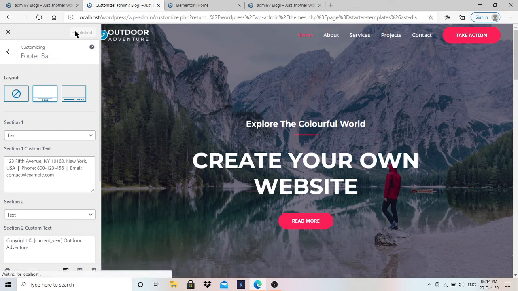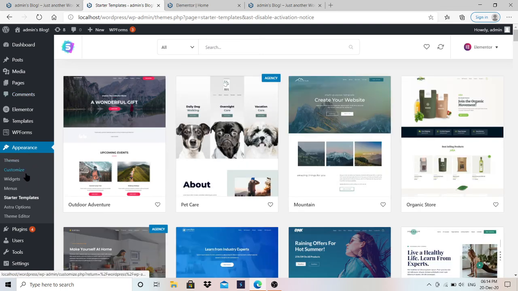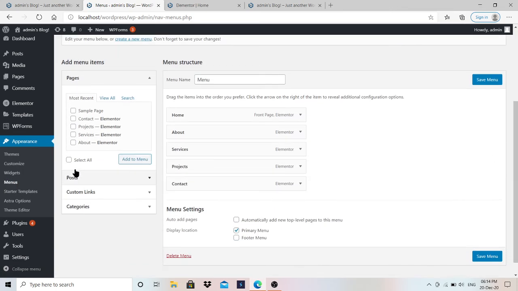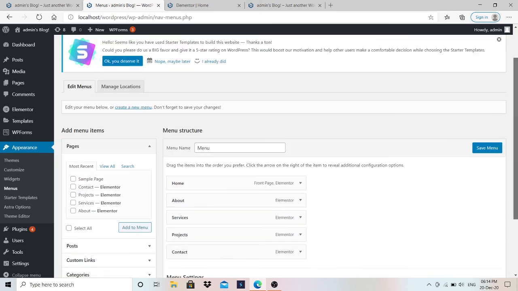After that, if you want to change this menu option like home, about, services, project, contact, just go back from here. And if you want to add more menus also, I have a special video for that. Just click on menu. I'll show you simply, and you can see the menus are here. So if you want to add more, you can create a page and post, just a custom link, and you can add it to the menu. If you want to learn that, there is a video for that, so you can watch and understand.